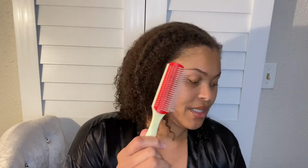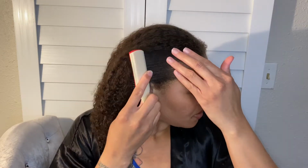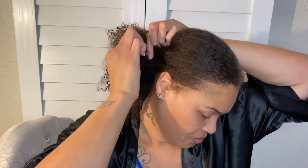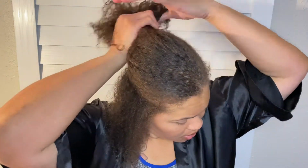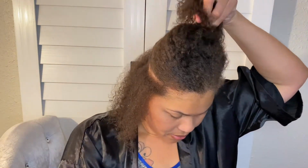And I also have this detangling brush, I guess you would call it. It was by somebody, Annie. I picked it up from Sally's. It was like $2. I'm a little tender-headed or whatever. So I'm just gonna start in the back, and I'm gonna take a couple pieces, and then I'm gonna pin this part up,